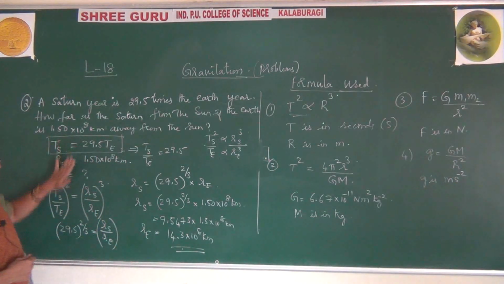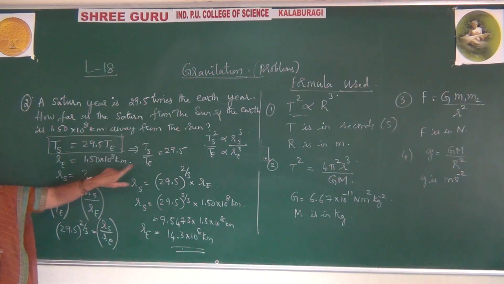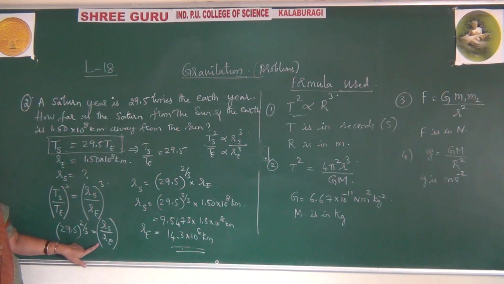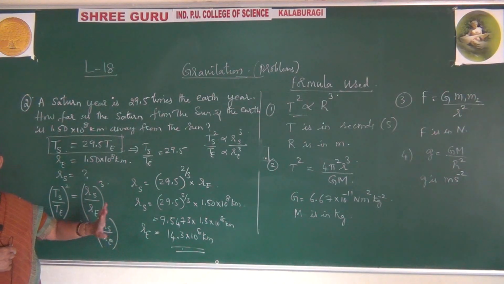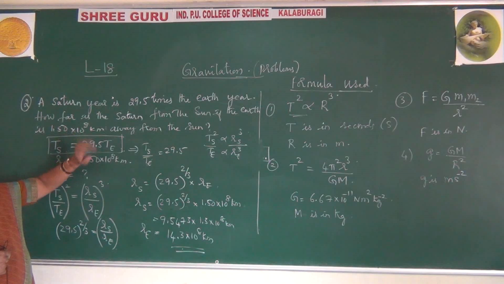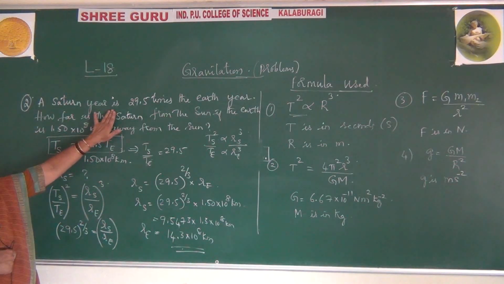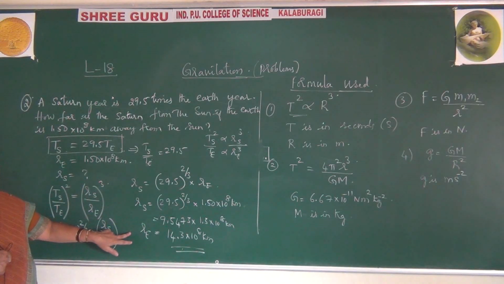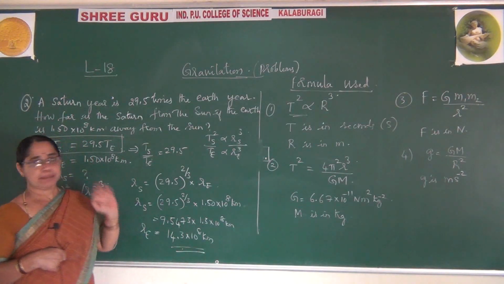Just rewriting the formula as per the question. You have written this condition. Now substituting, you get this formula. Finally cross multiplying, you get this. Simple. So I have solved two different types. Just get the condition by reading the question, and write as per the given question. This is how you have to solve the problem for time.